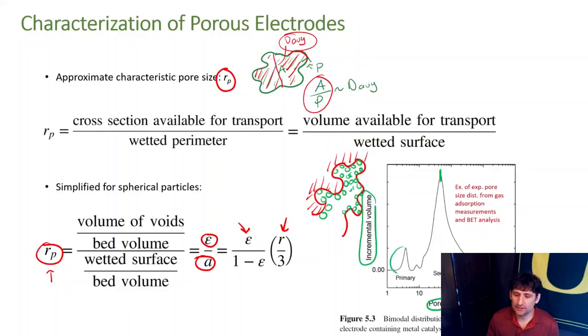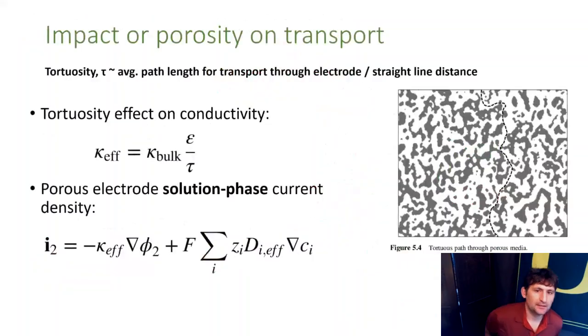There are also some very small pores, some sub 10 nanometer pores, and maybe a few larger pores from agglomerates of particles. We won't talk in any more detail about these types of measurements. They're often called BET measurements from the theory that's used to analyze the data, but these are more properly gas absorption measurements. So let's think a little bit about the effective parameters that govern how ions and electrons move through